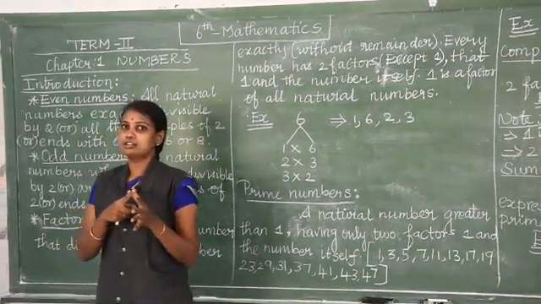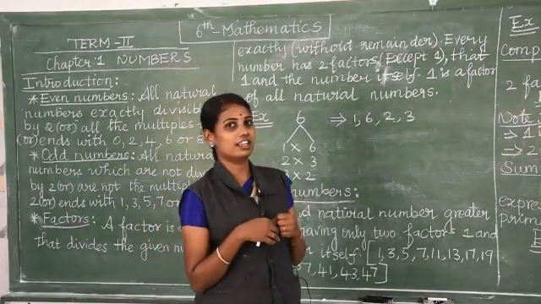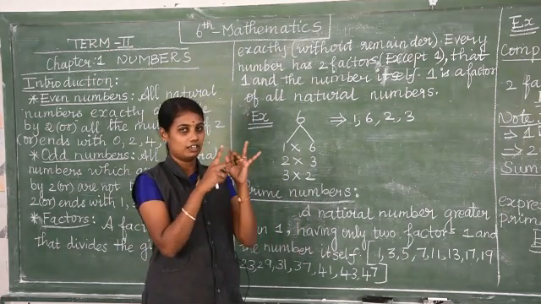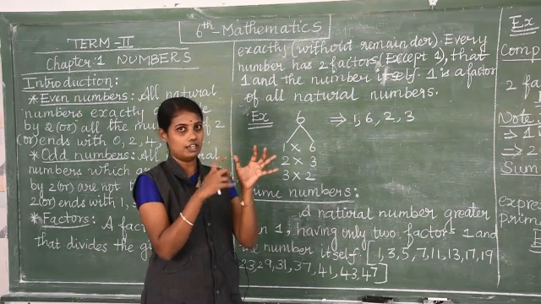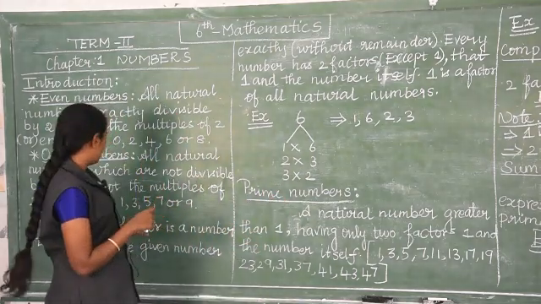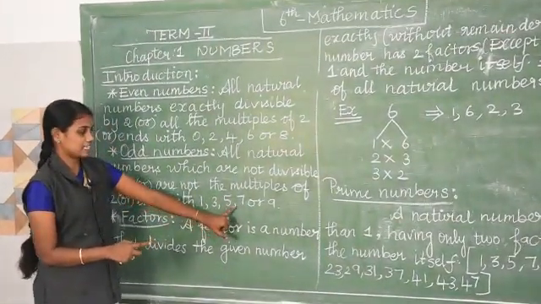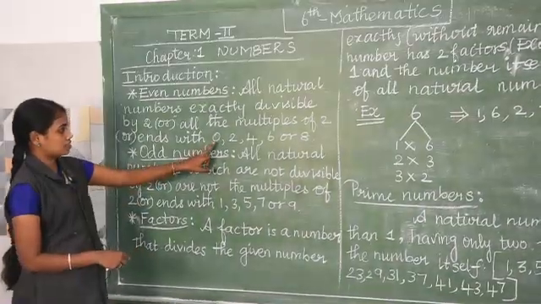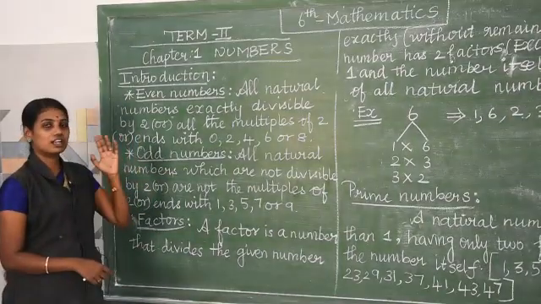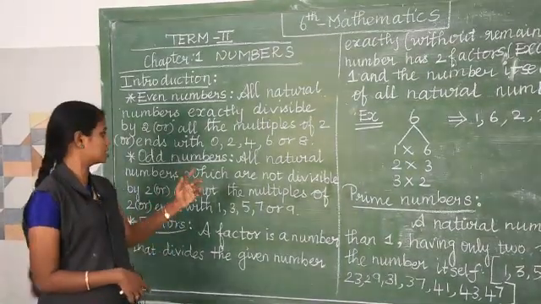You all used to play odd or even in the class or outside. Yes or no? The first one is considered odd, 2 is considered even, 3 is odd, even, odd, even. So the odd numbers end with 1, 3, 5, 7, 9. Even numbers end with 0, 2, 4, 6 or 8. It is a very easy clue, or else you can go for multiples of 2 is an even number. If it is not a multiple of 2, it is an odd number.